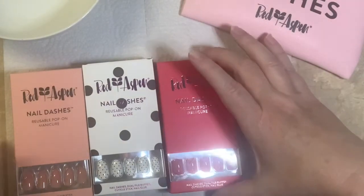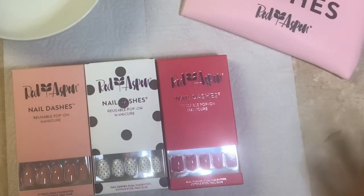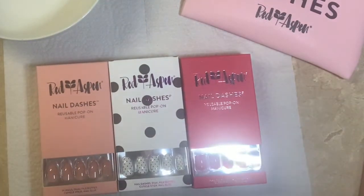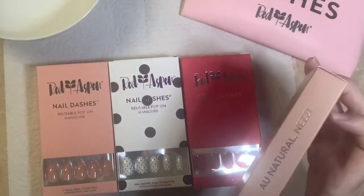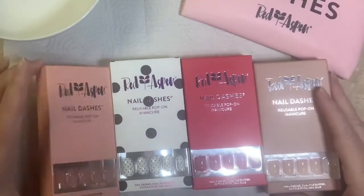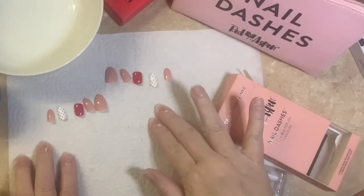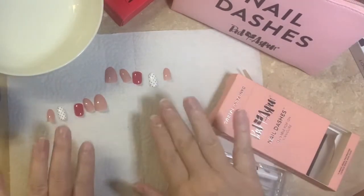Originally I thought of maybe just these, but I think they do need a pop of red. So I do like these. They're a little more neutral, I think. These are, what are these? Danny Paints Dahlias. So I've picked out my nails, and I've kind of laid them out in order, and now